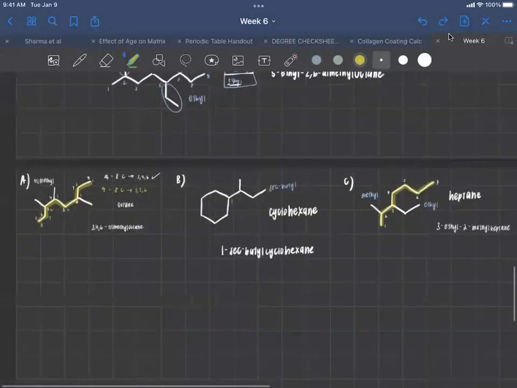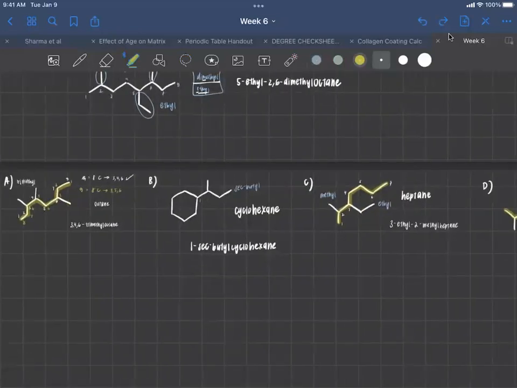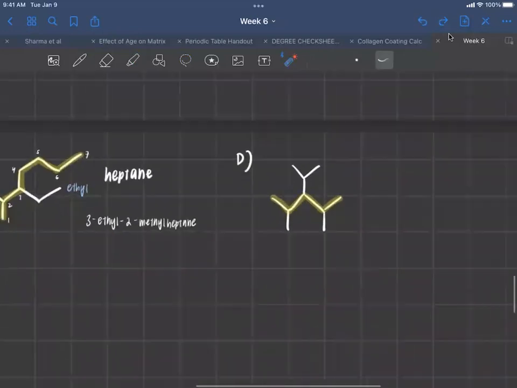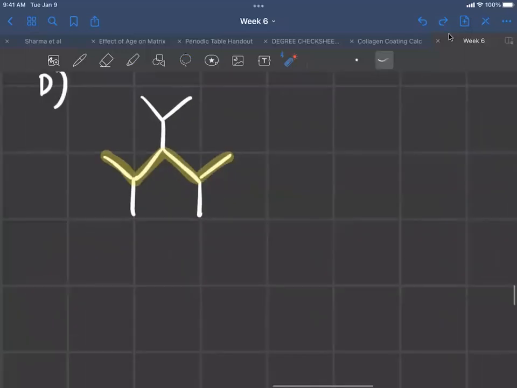But of course, through the examples, you were able to see that they were not always just straight, right? This one was kind of bent, so was this, and this one was just the ring and not even considering this at all. So if we do this one, then we only have 1, 2, 3, 4, 5 carbons, but